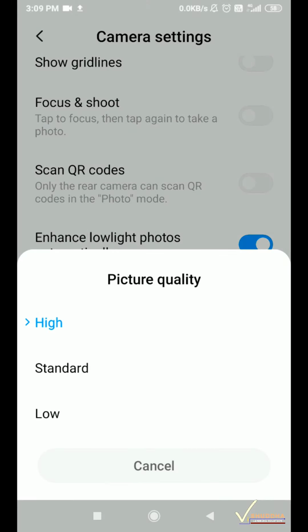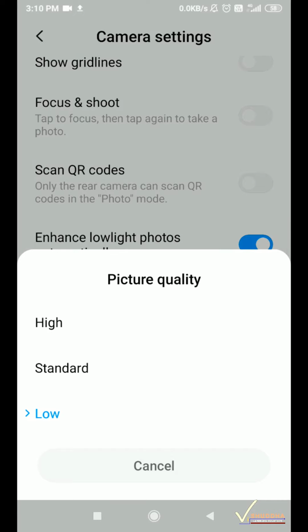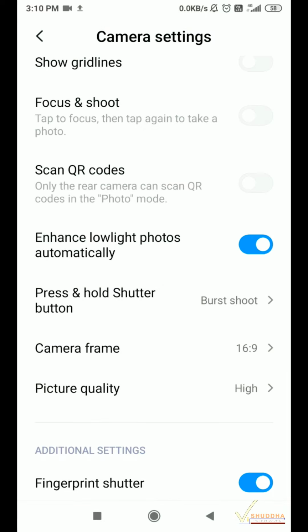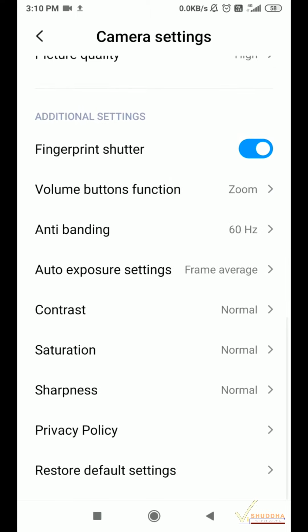If you select the high picture quality, it is going to be a very big sized image. You can go for standard or you can go for low. But I recommend that you should go for high because the assignments are meant for corrections. So better the quality, easier it will be to assess. You can look for the other options and you can select them appropriately.